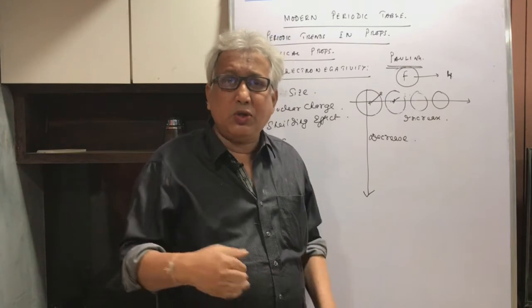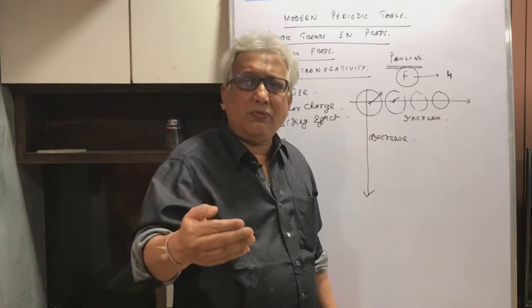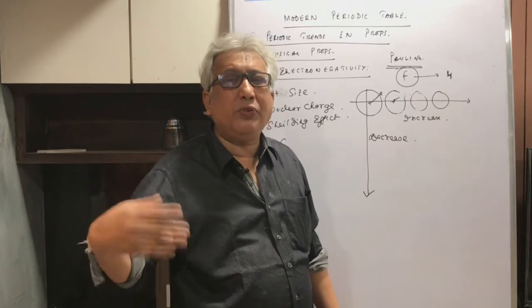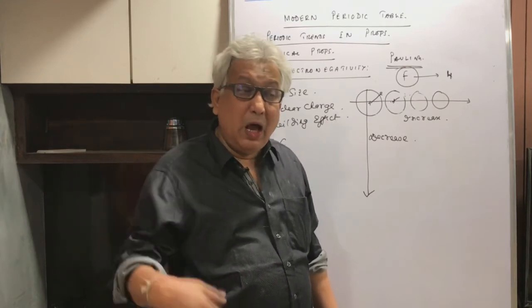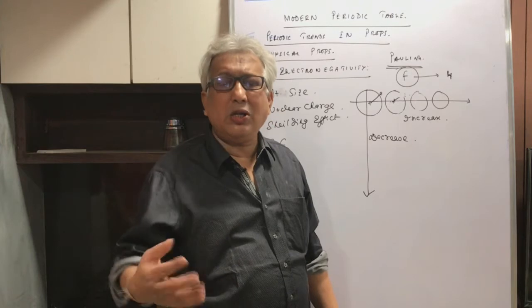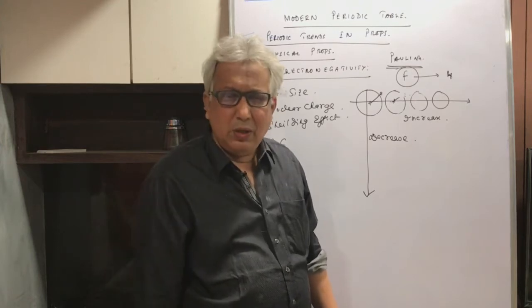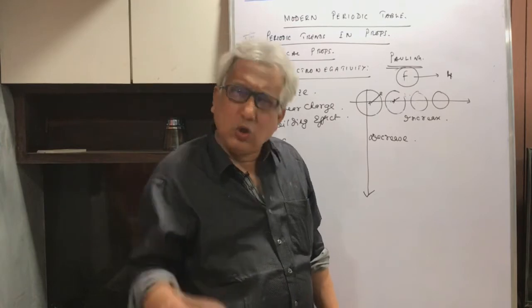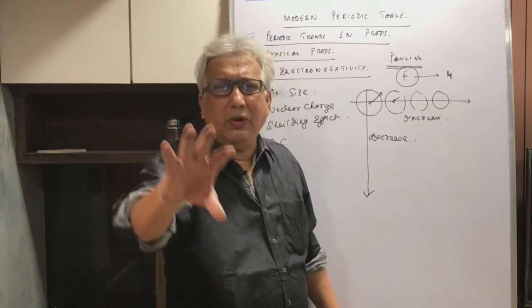And if you are curious to know which is the next element after fluorine, the next element is oxygen. It has an electronegativity of 3.5. Then after that it is chlorine. It has an electronegativity of 3. Then after that it is bromine, 2.8. So like that the electronegativity was discussed.